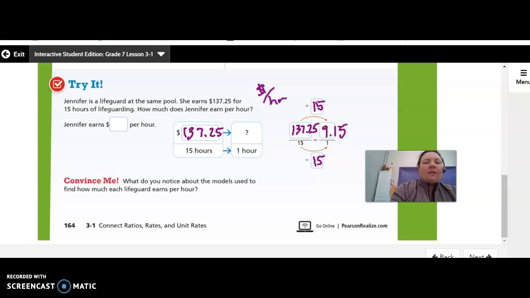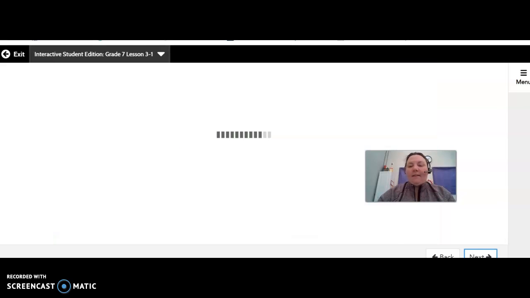And so that means that Jennifer earned $9.15 per hour. Okay. If you haven't written these numbers into this example in your notes, make sure that you pause and do so. And then we're going to move on to page 165,